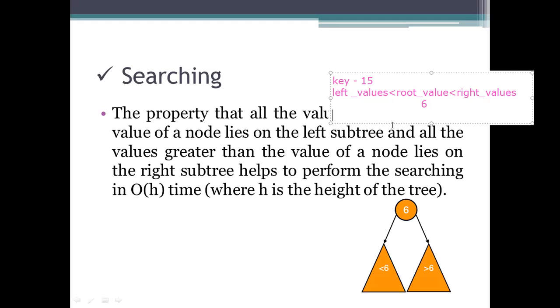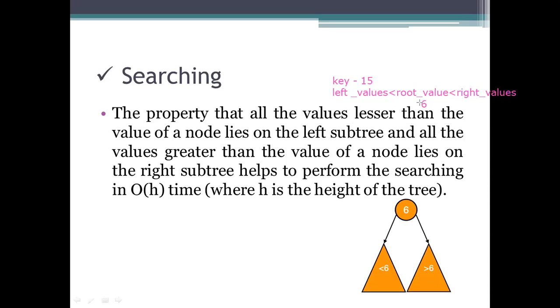So the less than values for searching will be this side, and the greater than values will be this side.